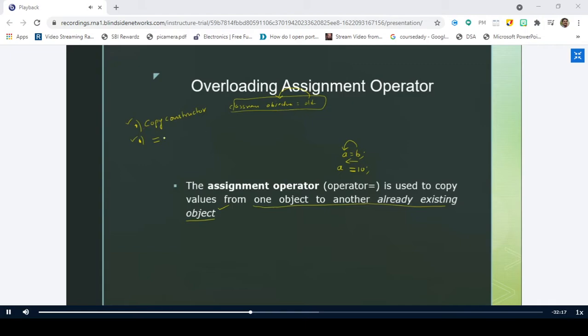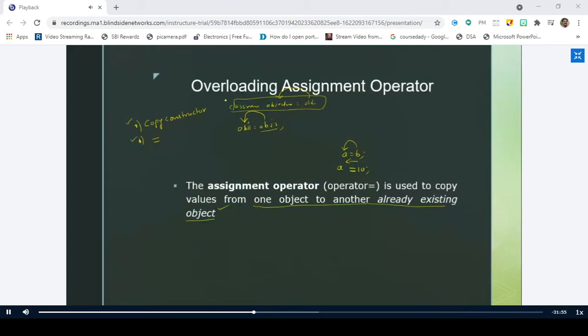But this assignment operator is used to copy the values of one object. You can simply write like this: object 1 is equal to object 2. Here you have used the assignment operator where you are going to copy the values of object 2 into object 1, where object 1 is already created somewhere else.